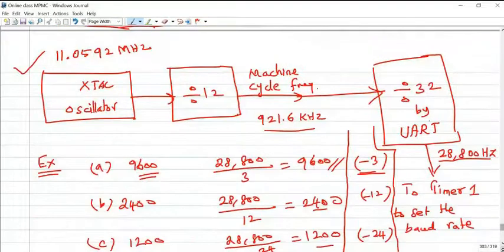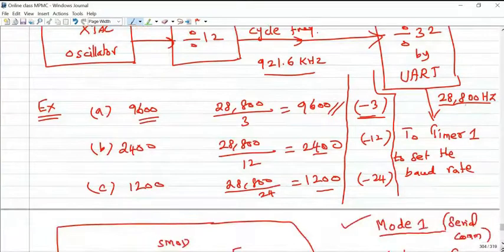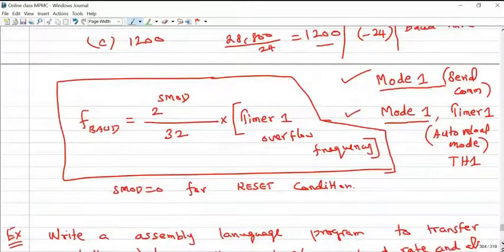See, after dividing this machine cycle frequency by 32, we are getting 28,800 Hz. So depending on this, there are four different baud rates supported by the microcontroller. One formula I had given in the first day class: baud rate frequency equals 2 to the power of SMOD divided by 32 times the timer 1 input frequency.